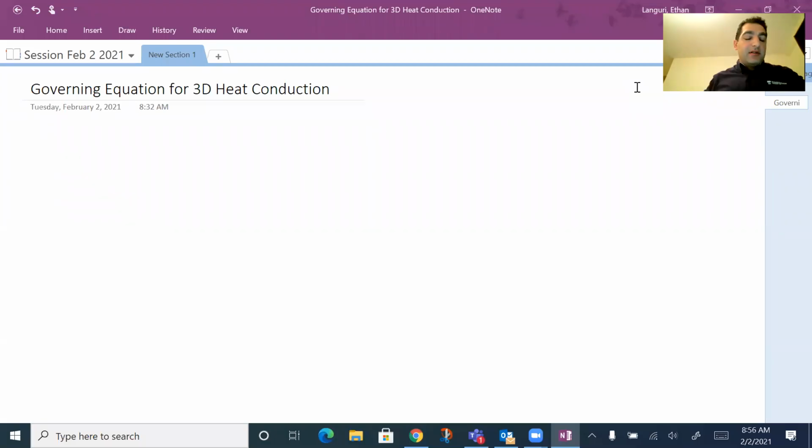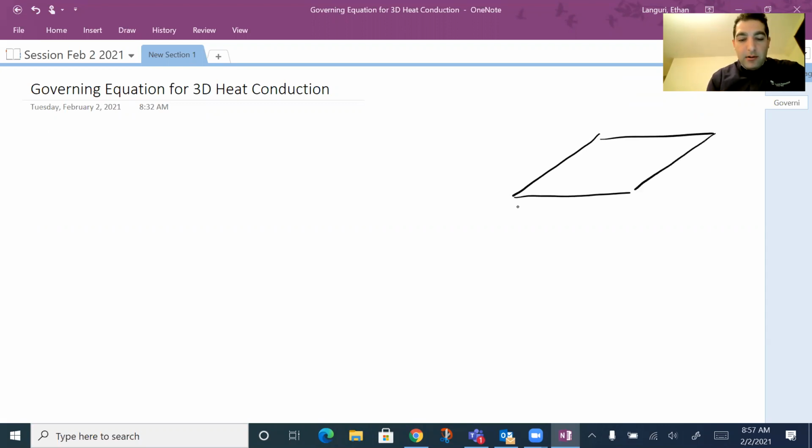Hello. In this session, we're going to talk about governing equation for 3D heat conduction. So let's assume we have a 3D element that the dimensions are dx, dy, and dz. So let's create a 3D conduction